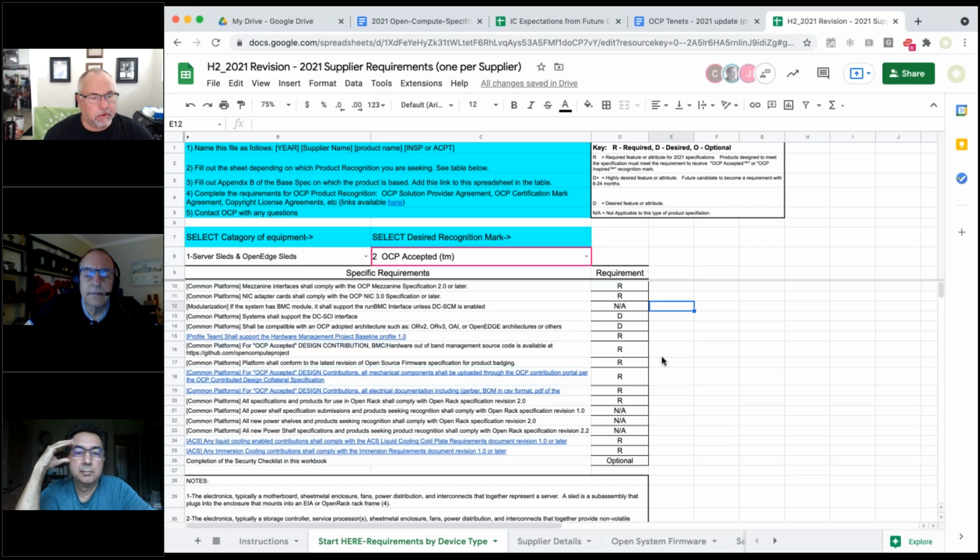So there's about 6 different sections that would be impacted.